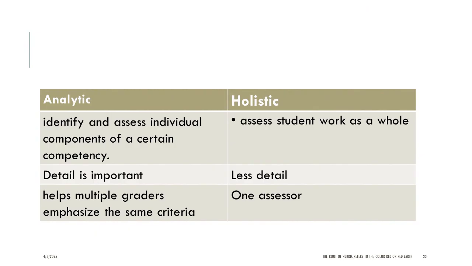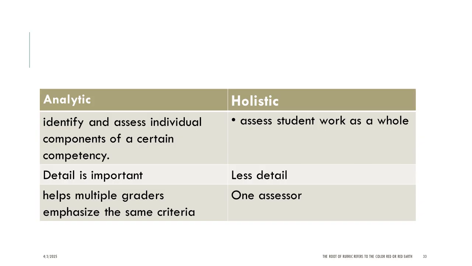What are the types of rubrics? There are two main types of rubrics. There are analytic rubrics and holistic. The analytic rubric identifies and assesses individual components of a certain competency, where this detail is important to help multiple graders emphasize the same criteria. But holistic